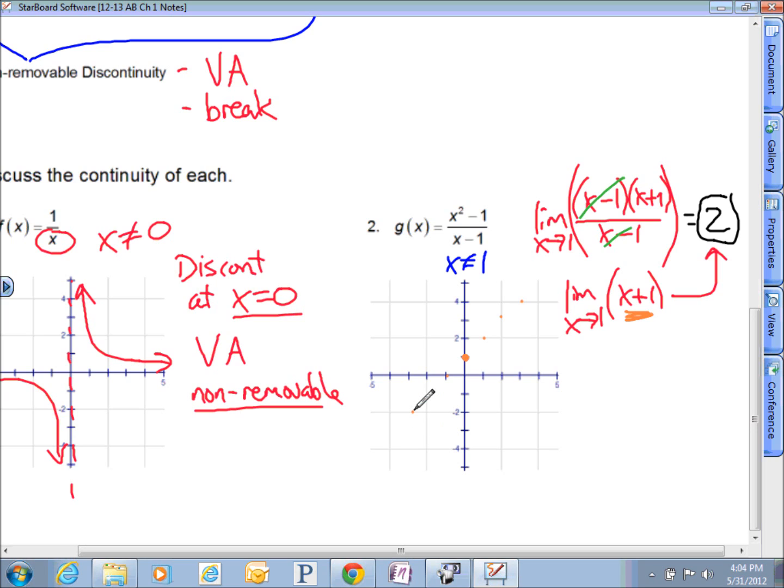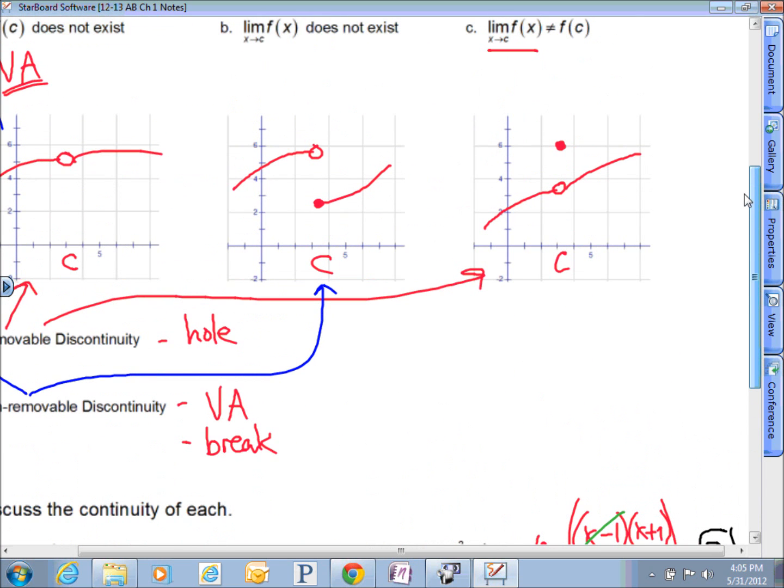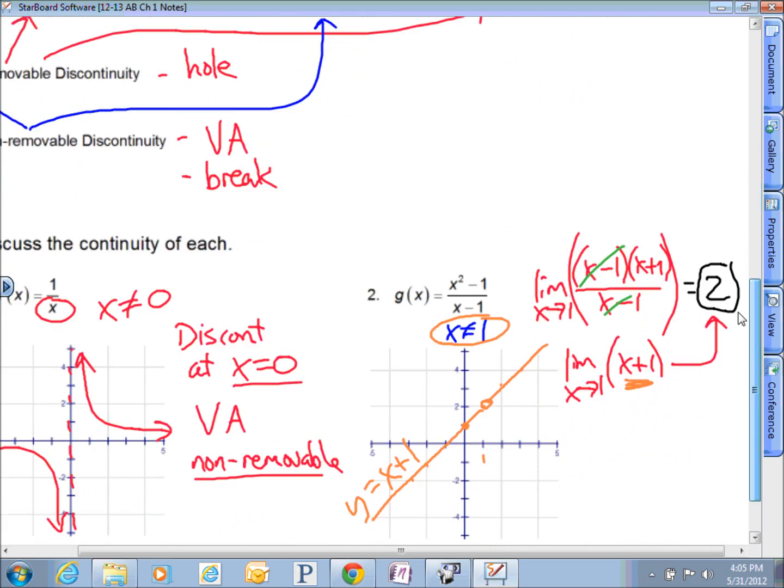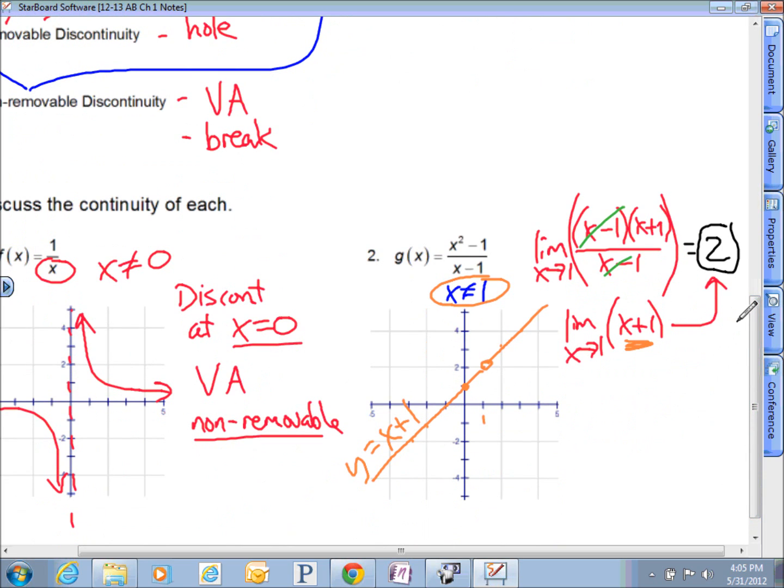But here's the tricky thing. This graph that really looks this way actually can't exist at x equals 1 because of the original equation. So what we're really going to have is the equation y equals x plus 1, but it has a hole in it at the place that this function doesn't exist. So here's a way that we just got to an equation that showed us one of these removable discontinuities like A or C, but now as I glance at this thing, this graph is really just y equals x plus 1, but it has a hole in it at the place that g of x doesn't exist. So this thing is discontinuous